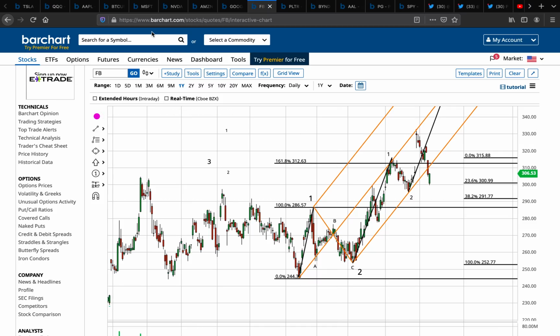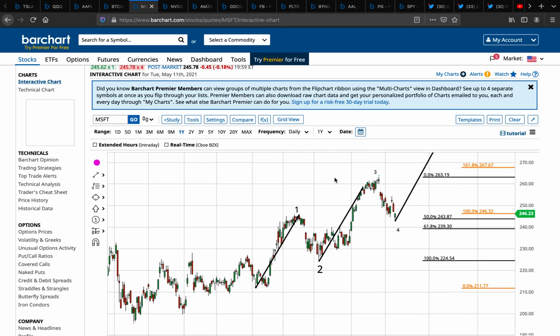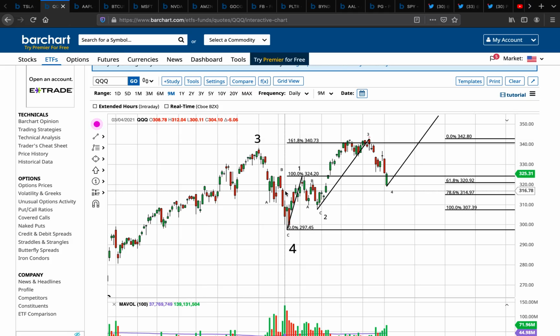And it's going to go back to Amazon with what we said about Amazon completing a wave 2. It's going to go back to Microsoft, what we said about the probability that Microsoft is completing a wave 2 in this retracement box. So QQQ has a lot of possibility right now. If it can bounce out of the 61.8 to 78.6% retracement,